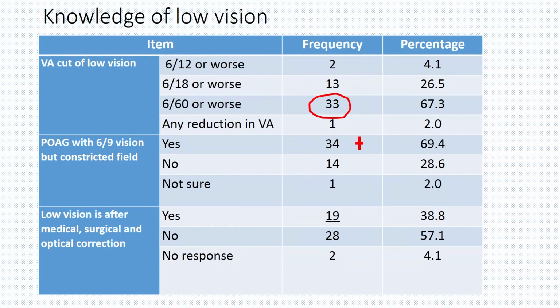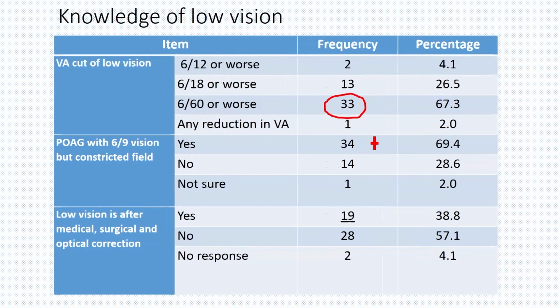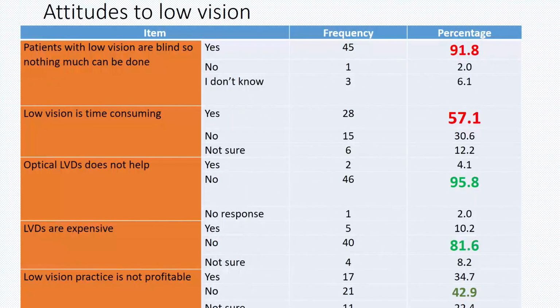Now, we also asked whether defining low vision implies that you have done your refractive service, your medical service, and your surgical service, and there is still residual visual impairment with a visual acuity of 6/18. I found that only 19%, which is 38, which is also quite low, indicated that that is the position. Now, in terms of practice, and this is very critical, patients with low vision are blind, so nothing much can be done. That was reported by